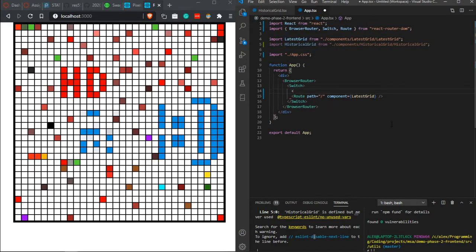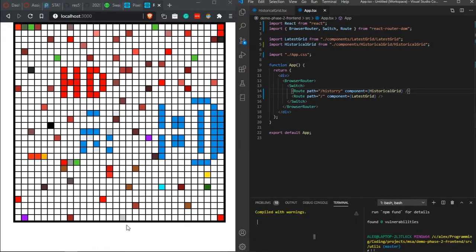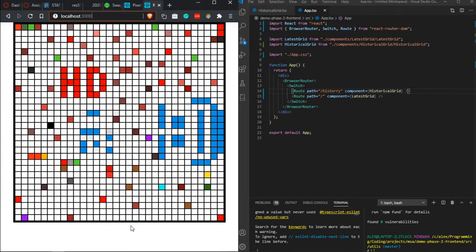Be careful. You want to add the route so that it's before the home path. Otherwise it will always go to the home path and not the history route. So let's define this new path. Okay. Then in our actual app, we'll head over to